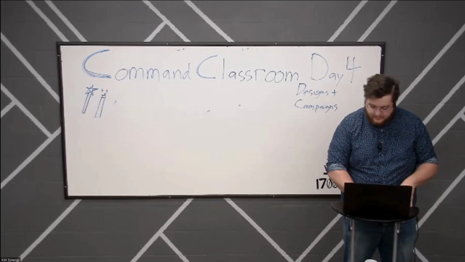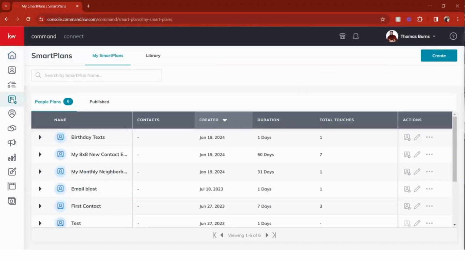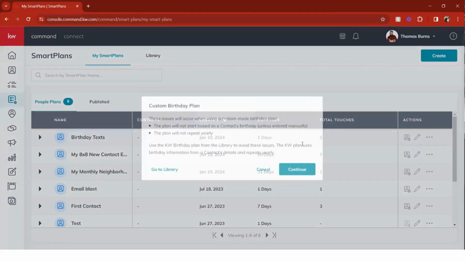I'm going to go ahead and share my screen here. Okay. So, when we look at smart plans, there's actually a couple of different ways we can add people to smart plans. I know the homework was get 7 people added to a smart plan. If you managed to do that and figure it out on your own, good job, well done. If not, no worries. This is how you go ahead about doing it. So I'm down at the smart plans tab currently. And the ways I can add people from this page is just using this little icon right here, add to contact. We can just click on that and it's going to bring up,